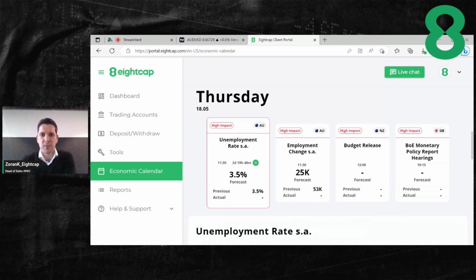Aside from that, we've got retail sales out of the US. We've got some GDP data coming out of Great Britain, and we've got some more data coming out of Canada on Friday. A pretty light week ahead, not as much news as we anticipated last week and the week before, but nevertheless, the VIX seems to be elevating around the 20 point mark, so we could see some volatility, especially with the US debt ceiling concerns and the upcoming deadline on June the 1st.